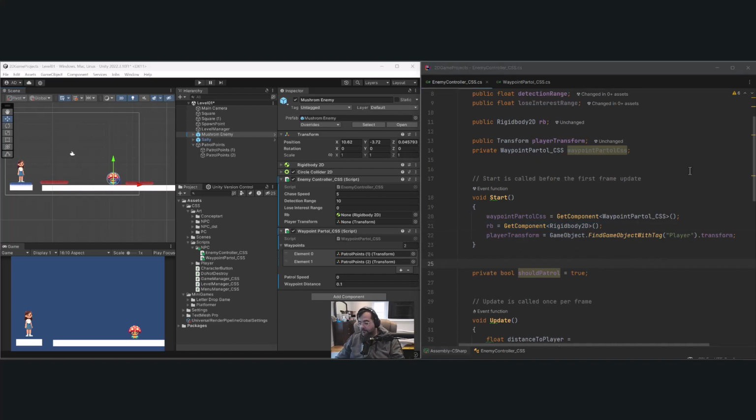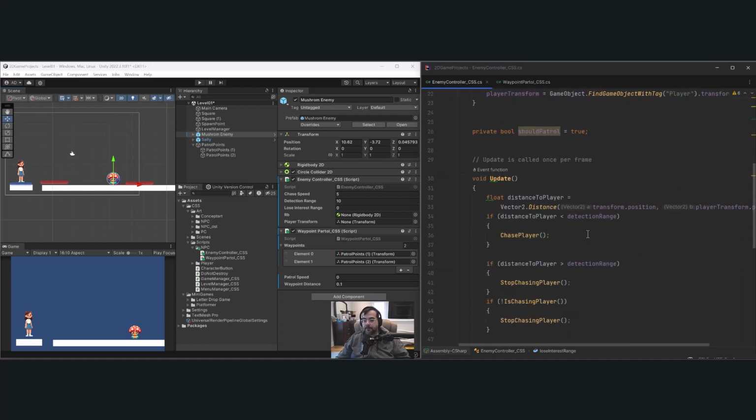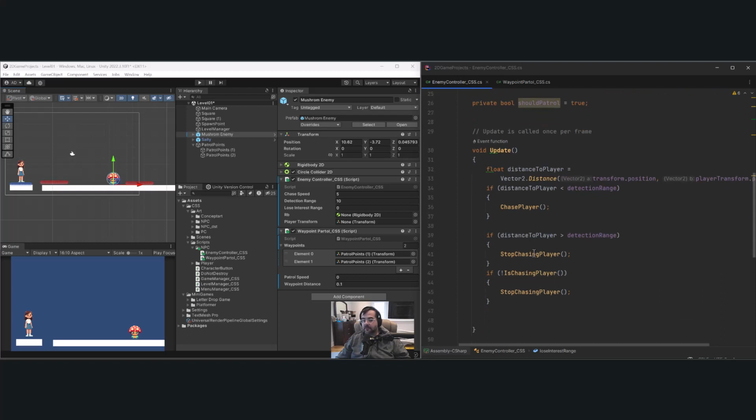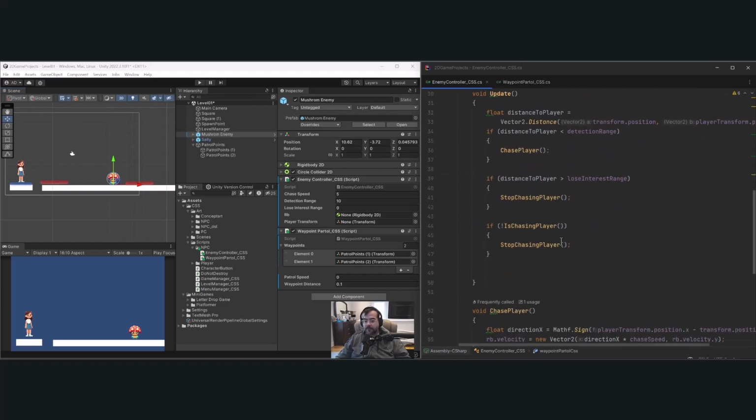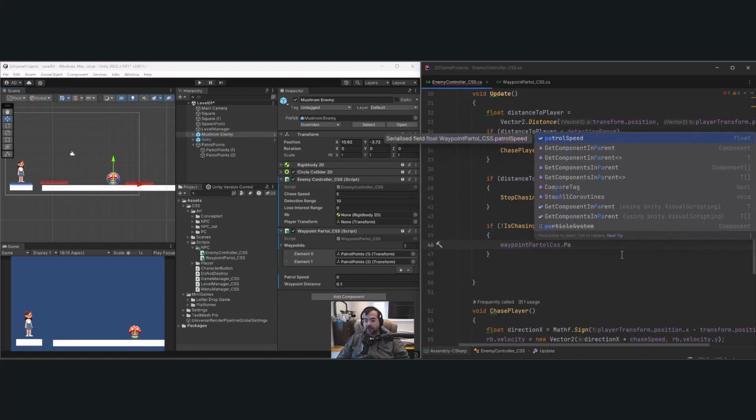So let's save this. And what I'd like to do is use this lose interest range here. And I'd like to change, I think, my update around a little bit, where instead of its distance to player is greater than detection range, we could just do lose interest range here. And I think that's good. And then I also need to use this method here, waypoint patrol. And I need to get this out of here and just say dot patrol to call that patrol method,